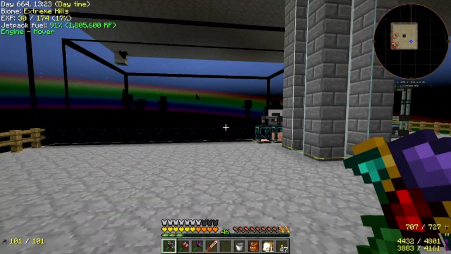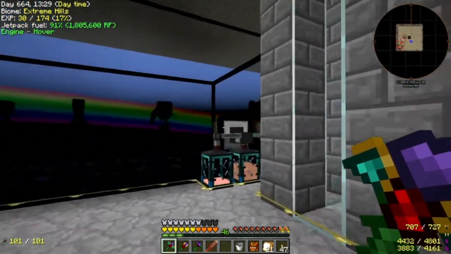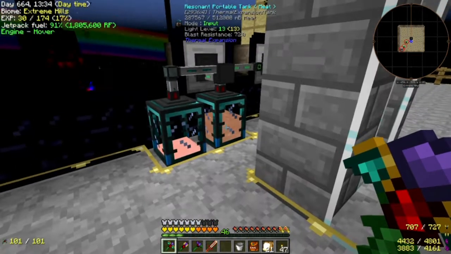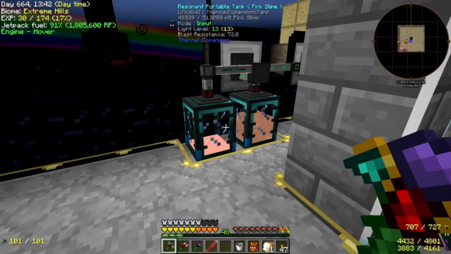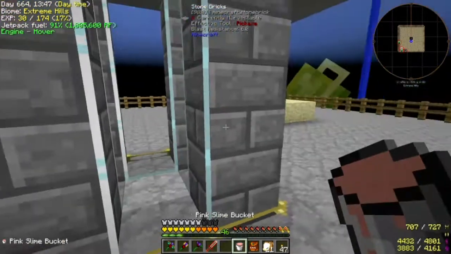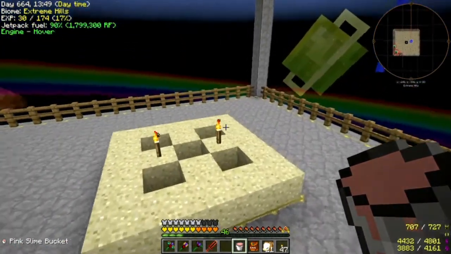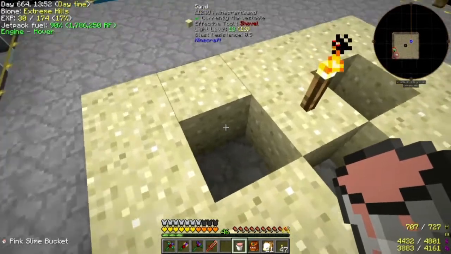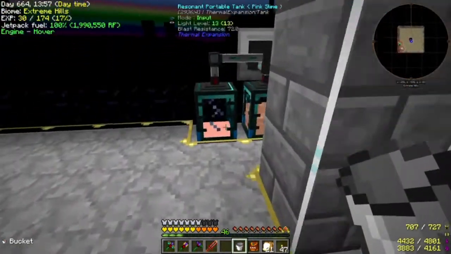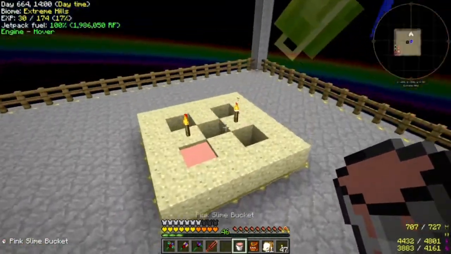Okay, I'm on the bottom level of my base right now, here next to the mob spawner where we set up the slaughterhouse last episode. And it looks like we've got about 287 buckets of meat and 40 buckets of pink slime, which is more than enough to get some pink slime. So let me get a bucket of it here, and I'll just drop some of it down here. And while we're waiting on that, I'll just get another bucket over here. It'll probably spawn immediately, but...